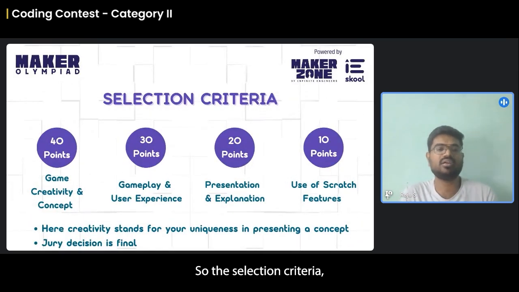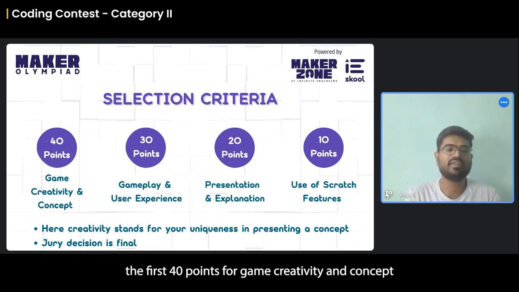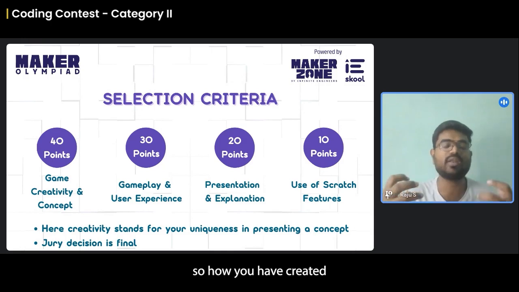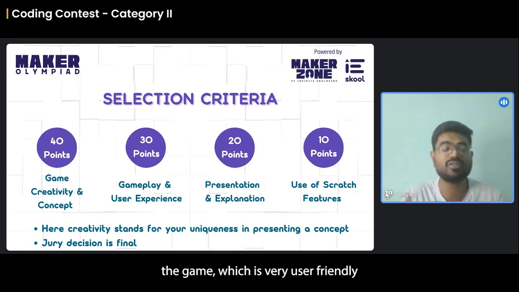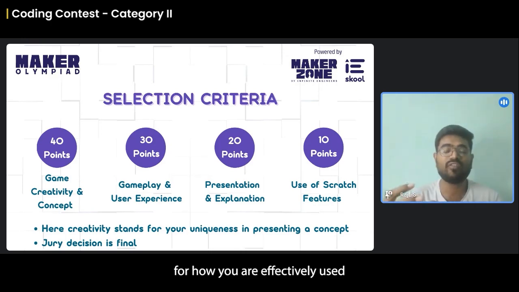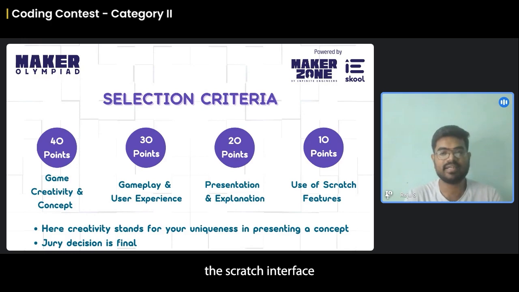So the selection criteria: the first 40 points are for game creativity, and 30 points for gameplay and your user experience, meaning how you created the game to be very user friendly to play. 20 points for presentation and explanation in the video, and 10 points for how effectively you used the Scratch interface and the Scratch